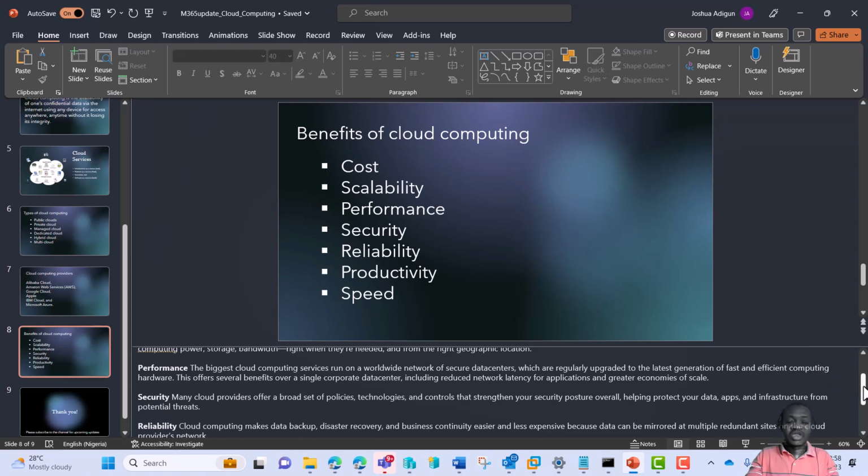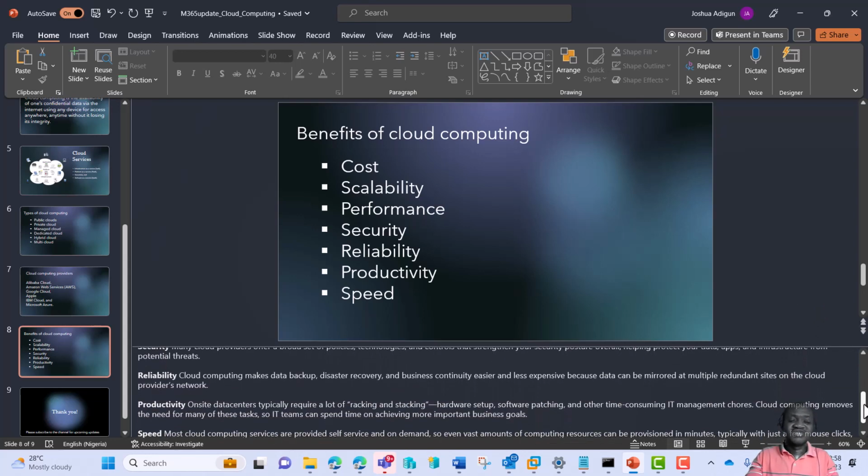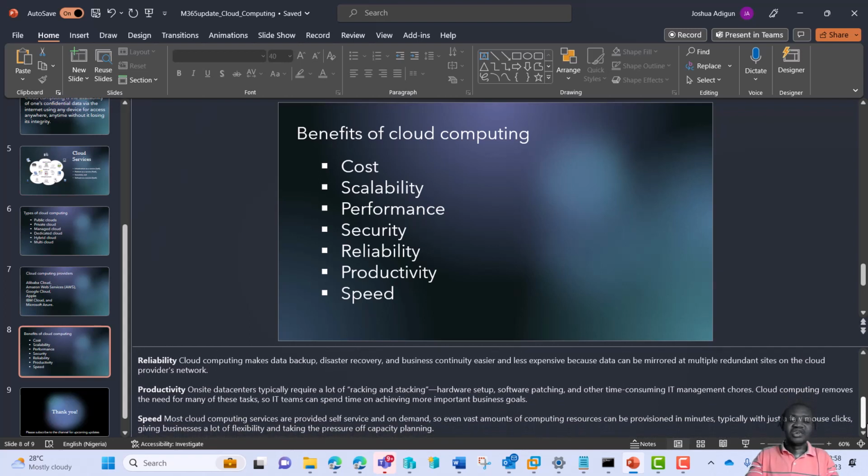And also cloud computing provides reliability, productivity, and speed. So these are the benefits of cloud computing.